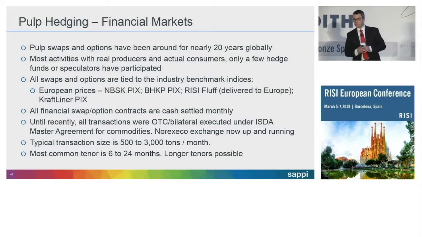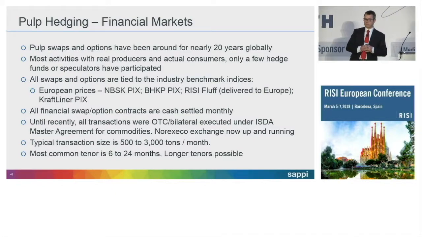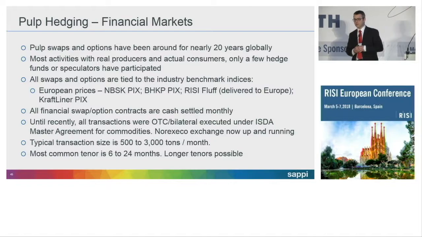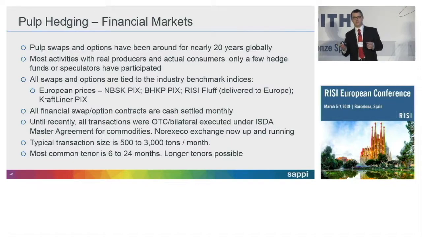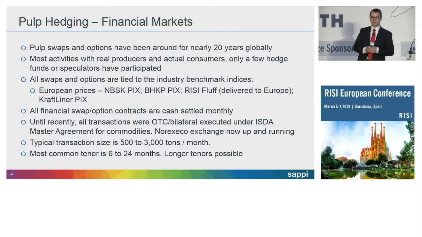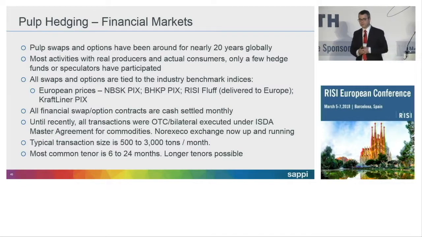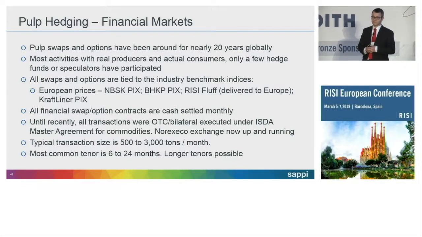So typical transaction size is normally between 500 and 3,000 tons a month, and anything from even 3, 6, 24 months. Now, you might think 3,000 tons is not a lot, but per annum, say 30, 36,000 tons if you take one contract, and the forward price goes up $100, $150. That's a significant amount of money for any